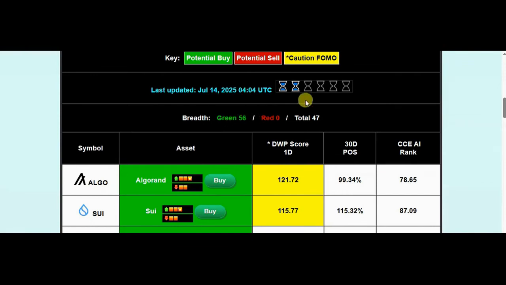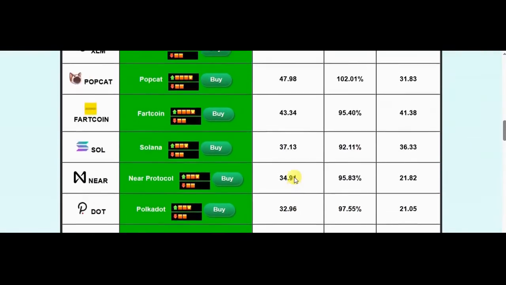You'll notice there are 56 on here, but only 47 of them are screened. That's because when something falls outside of the top 150, it's automatically removed from the screener. The reason you use a screener is to filter down to some of your better candidates. Okay, now here, this is yesterday, and we were seeing that yellow cautionary FOMO. This area right here,